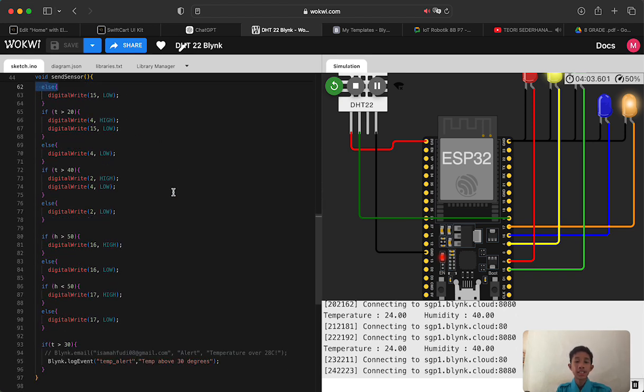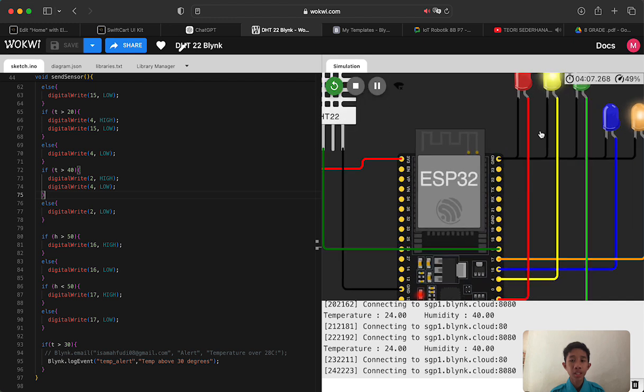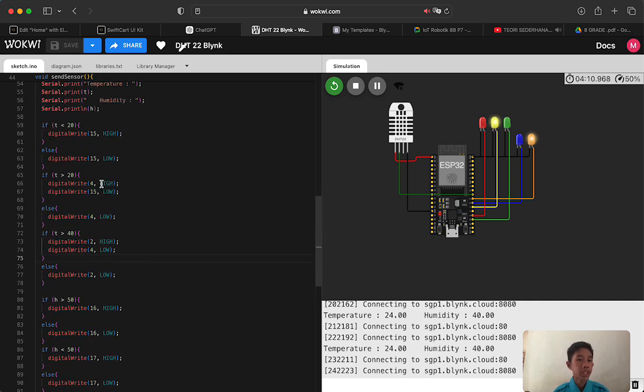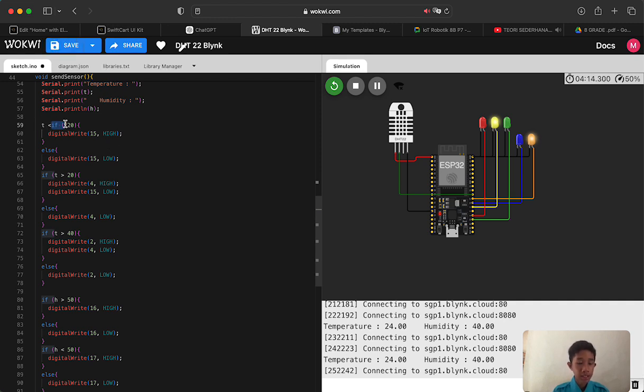Okay, this is the code to make the lamp synchronize with our humidity, I mean temperature and humidity around us. So if you see, if temperature is smaller than 20, digital write can write 5 high.